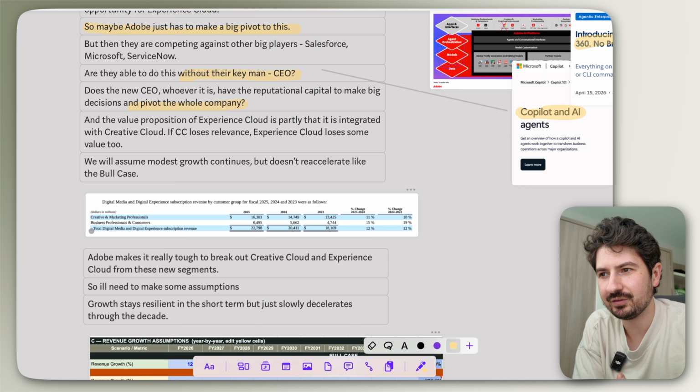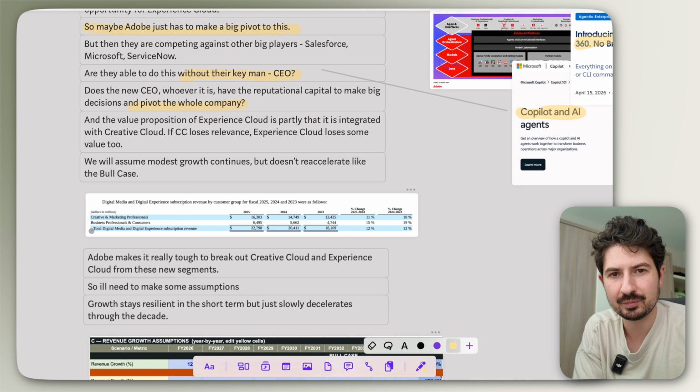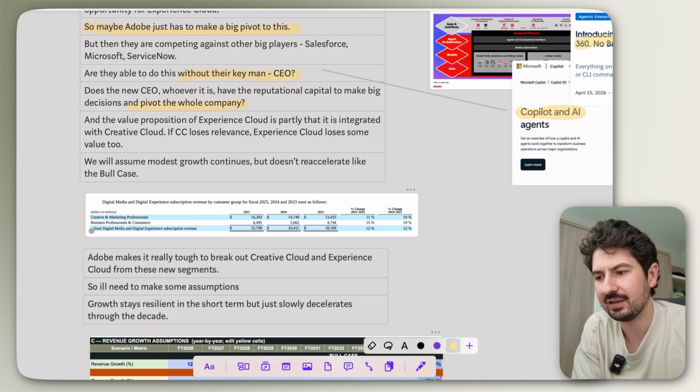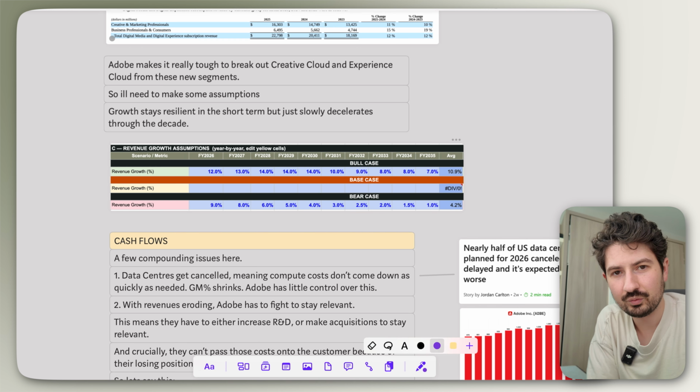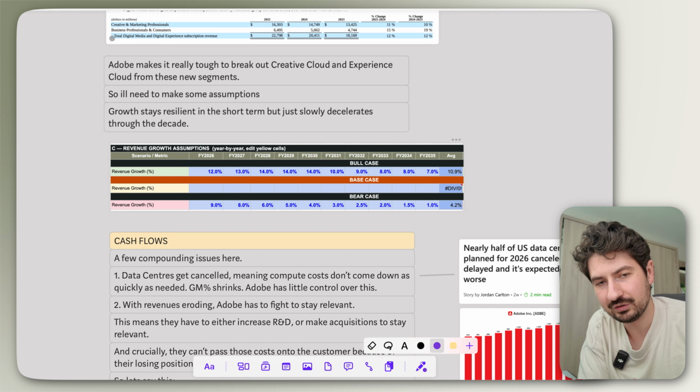So honestly, I find their digital experience side of the business really tough to forecast. On one hand, I think AI is this massive opportunity. And on the other hand, I think it'll be really hard for Adobe to execute and make the most of that opportunity. So what I think I'm going to do for Adobe as a whole in terms of the revenue